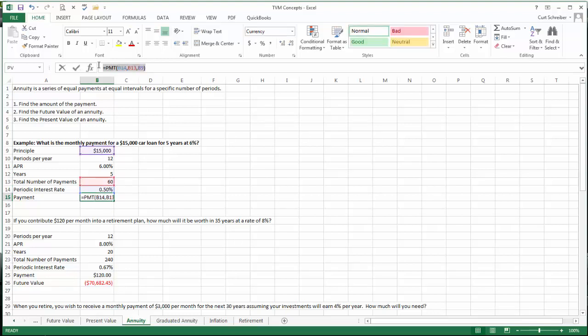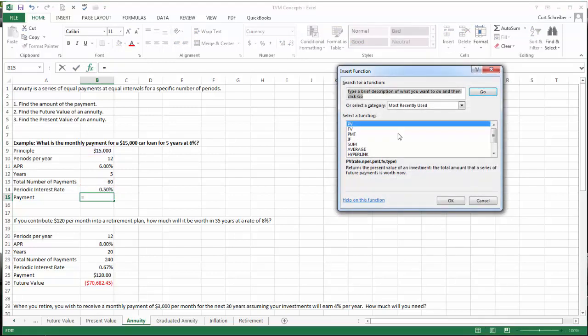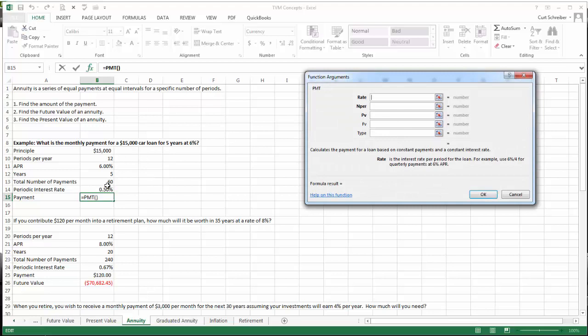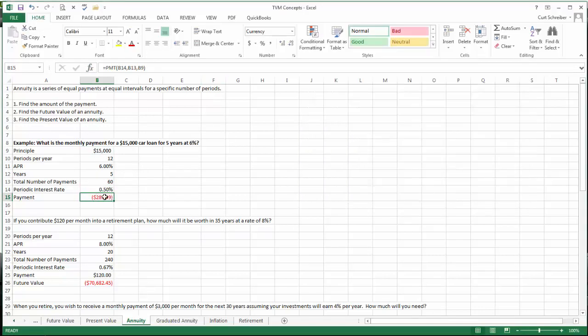So therefore, the payment is going to be equal to, if we click on the function, PMT, type in PMT, enter 2 times, our rate is equal to the periodic interest rate. The number of periods is going to be equal to 60 total payments, and the present value is the value of the car. Hit enter,